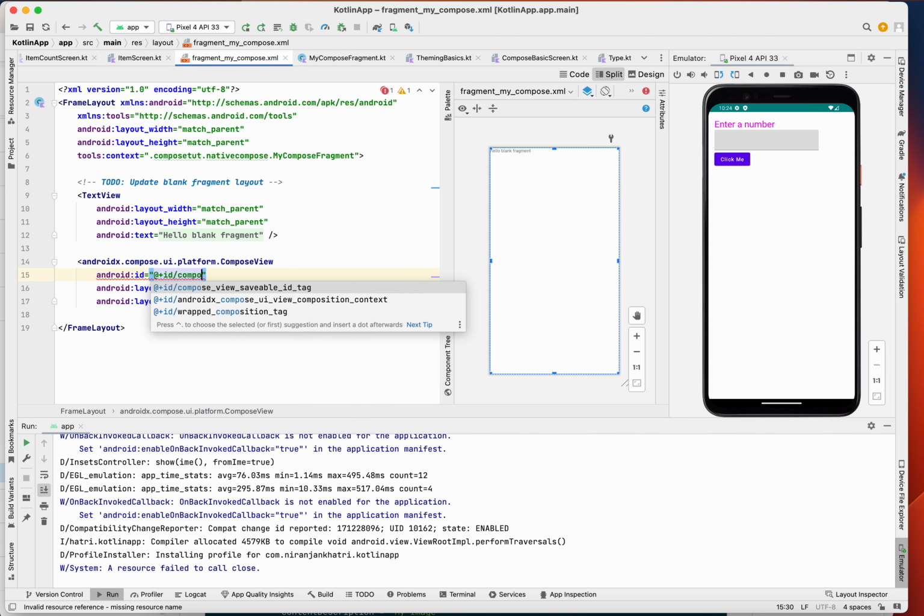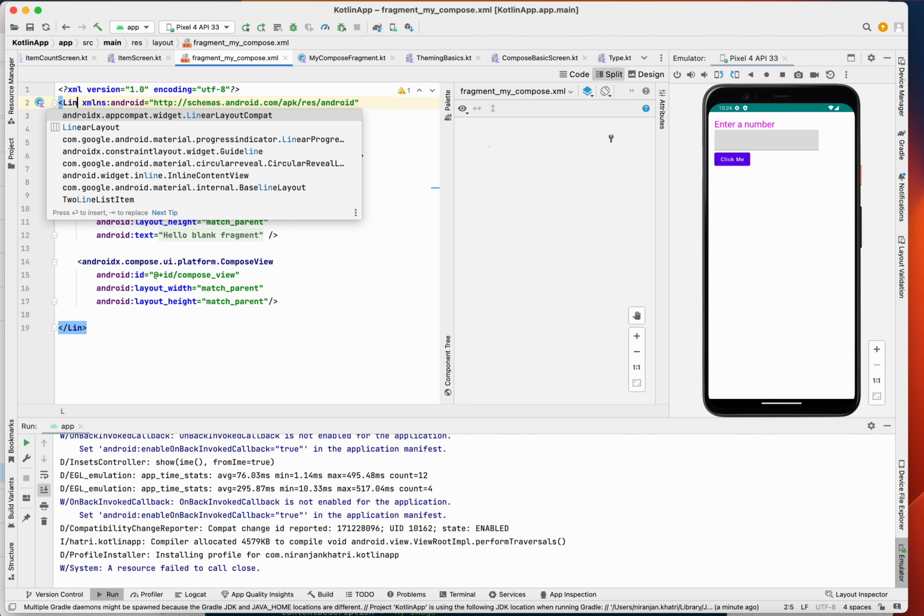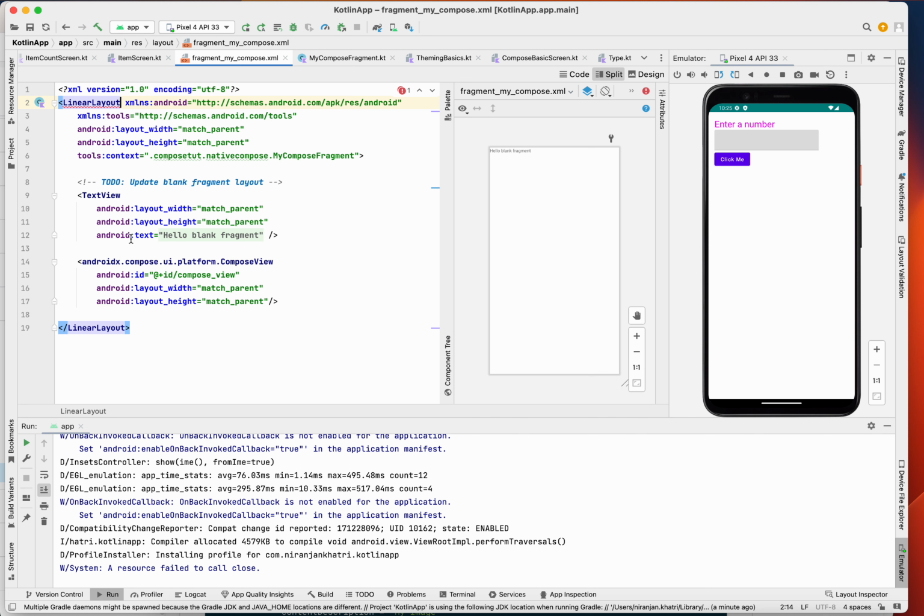It's a ComposeView, right? It's such a simple thing, guys. It's a frame layout, but you can also have a linear layout, whatever you think is better for you. So match parent,